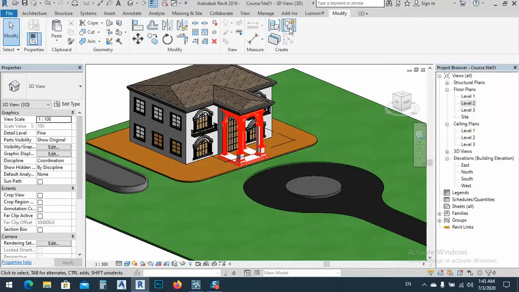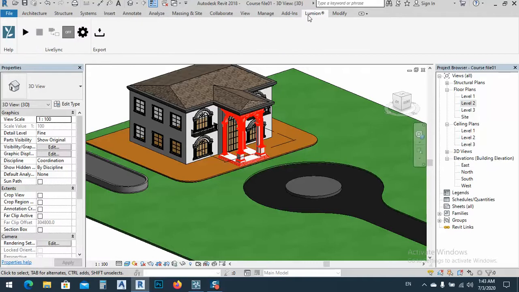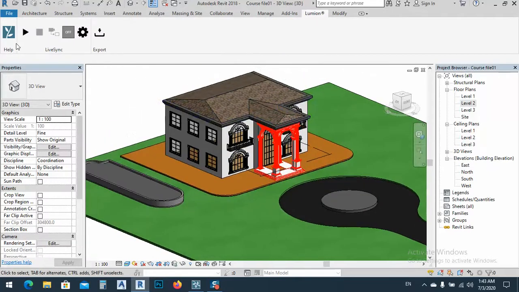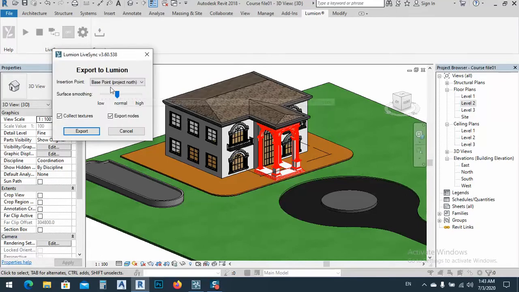First of all, I have this extension. I downloaded this extension so you can export from Revit to Lumion directly, and you have live sync, so if you have any change in Revit, it will go to Lumion. Anyhow, just click here, export for Lumion. We will say the smoothing is high and export nodes. Just click export,